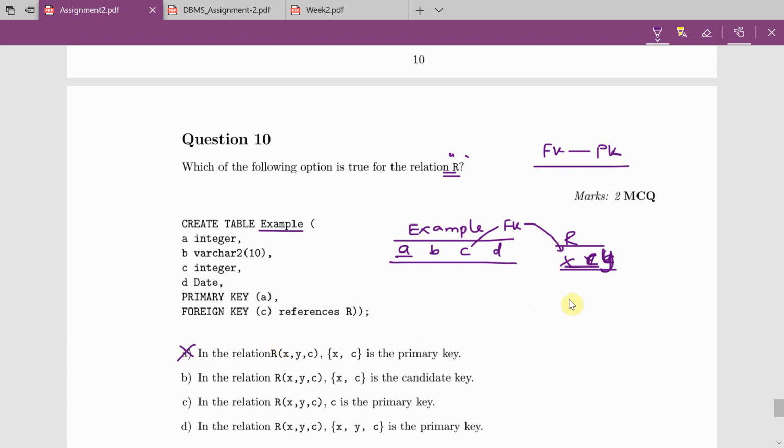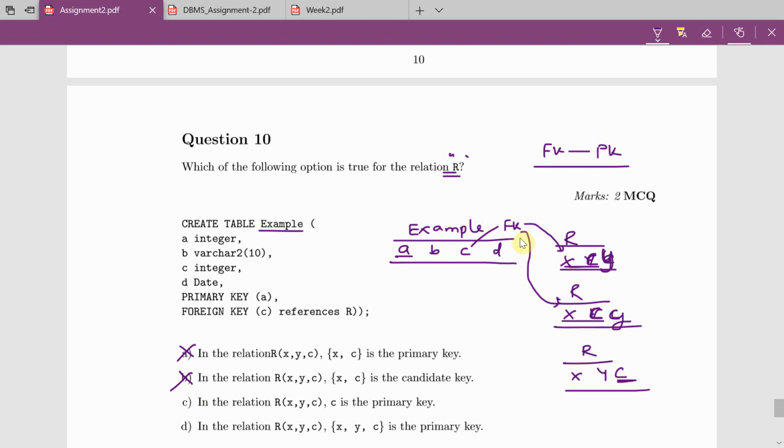Option B: R of x, y, c, where xc is the candidate key. One of the candidate keys will become the primary key, so I can call xc a primary key. But observe friends, the foreign key is one attribute and the primary key is two attributes, so option B is also incorrect.